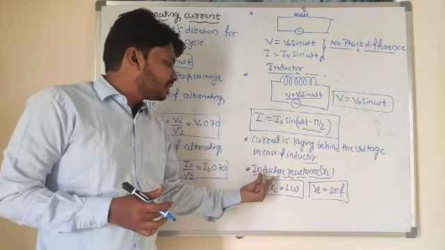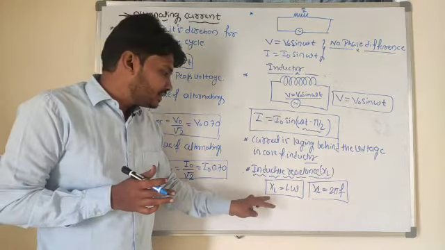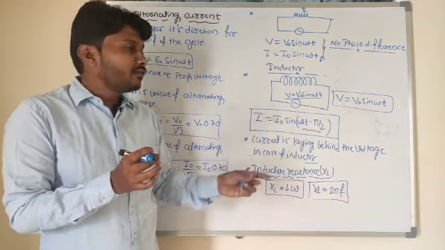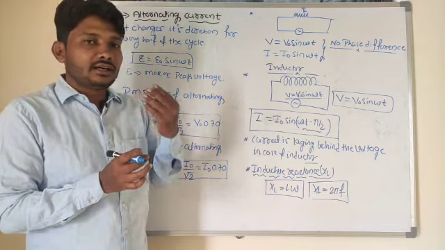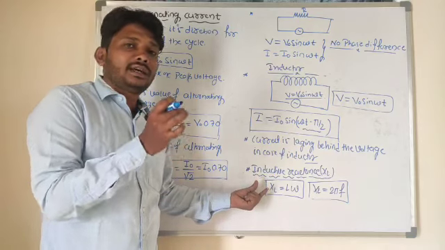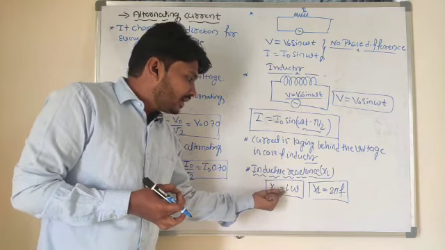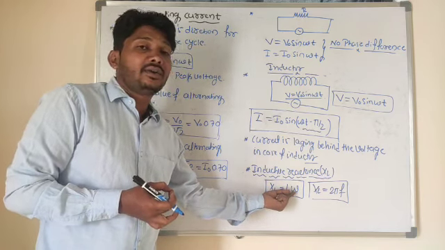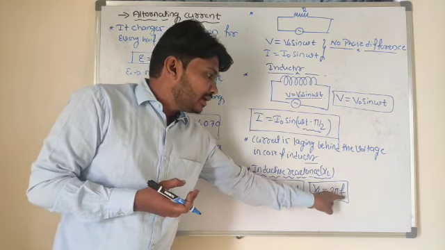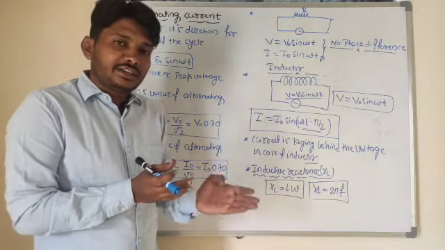So in the case of the inductor, I need to understand the term inductive reactance. What is inductive reactance? Inductive reactance means the opposition offered to the flow of current in the case of an inductor. In other words, inductive reactance means the opposition offered by the inductor for the flow of AC current. So X of L is equal to L omega, where L is the inductor and omega means angular velocity. In terms of frequency I can say 2 pi F, where F indicates the frequency. From this equation I can extend the topic.